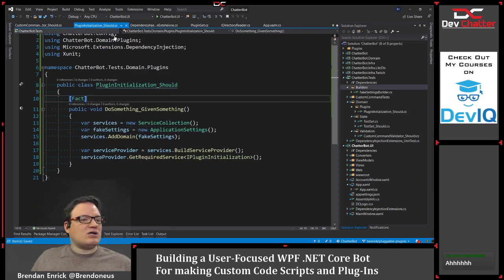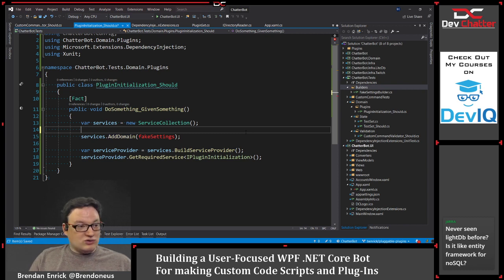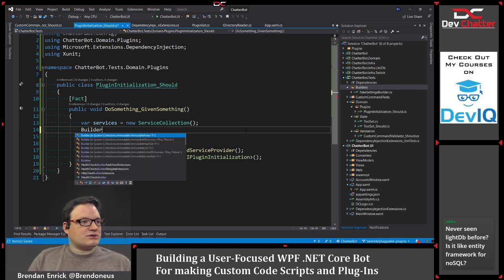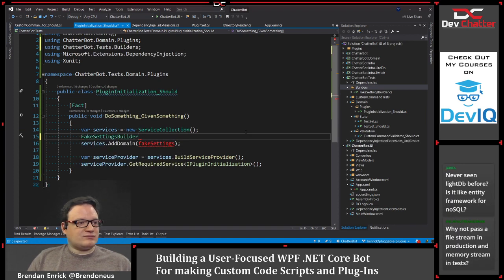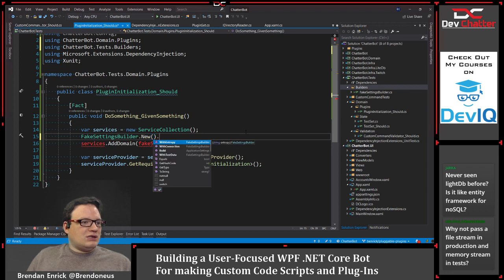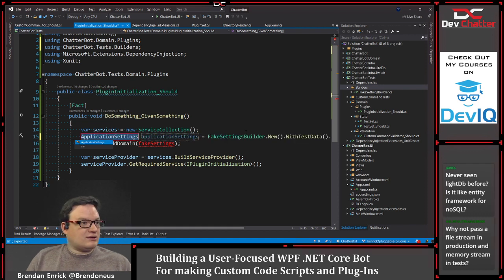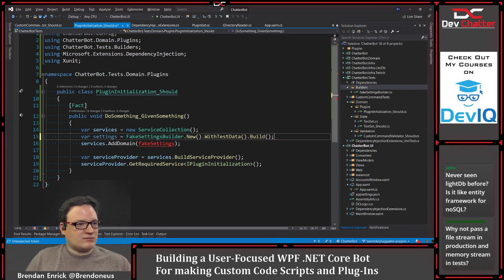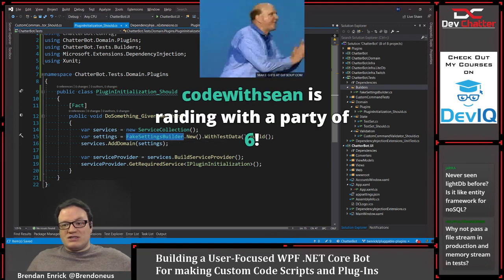Okay, so let's jump back over into our test code, which should be this one. And instead of just having a fake settings, we're going to do builder. Nope. Fake settings builder. New. With test data, build. There's our settings. Okay, so this is kind of what I meant, is that you essentially can just put those pieces